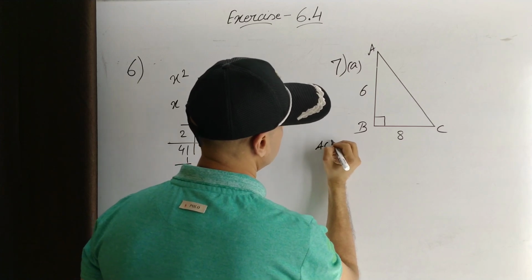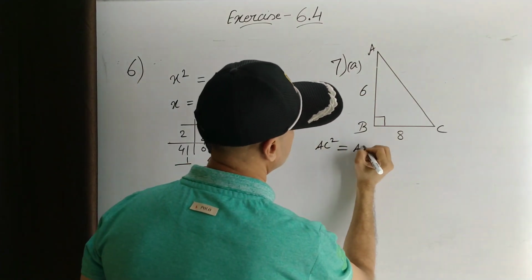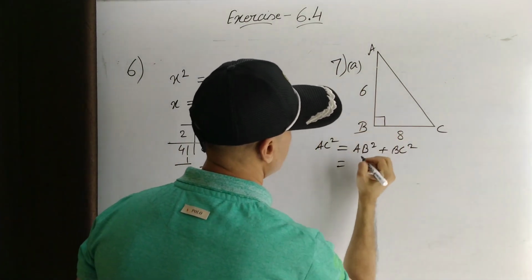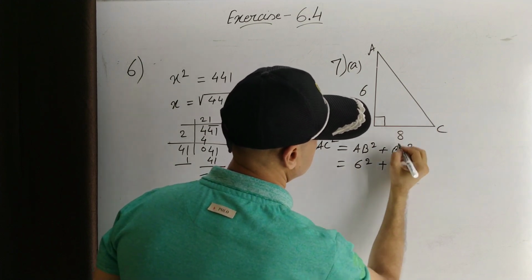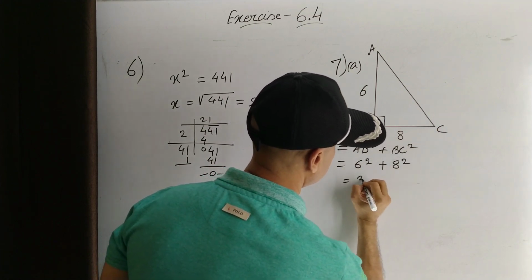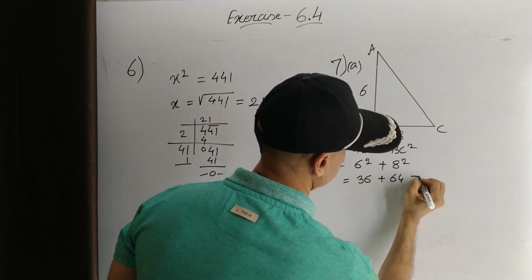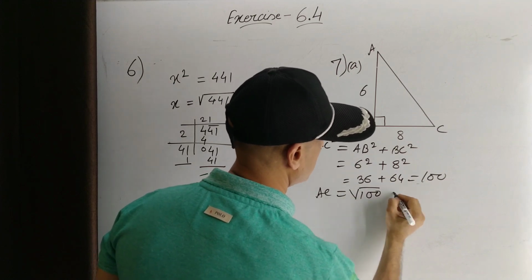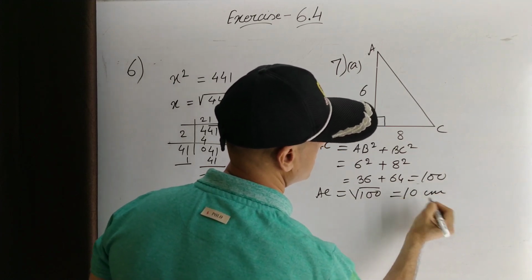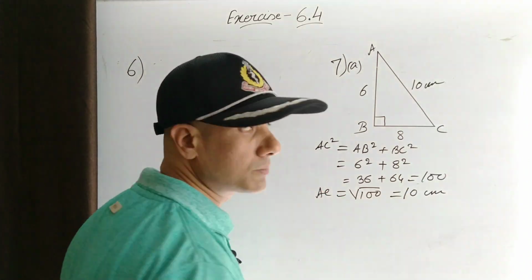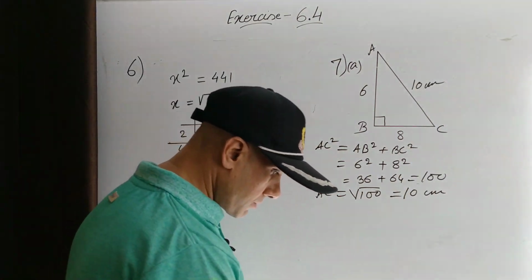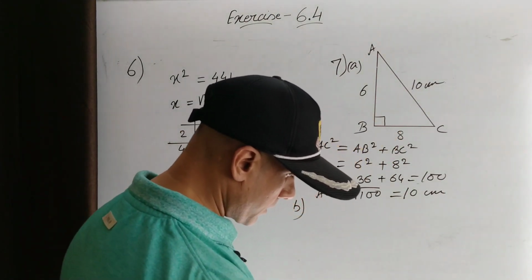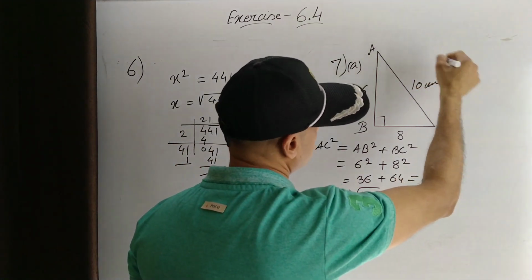In this form, AC square is equal to AB square plus BC square. So we have the value of AB as 6, so this will be 6 square, plus this is 8, so this will be 8 square. We'll have 36 plus 64 is equal to 100. So AC will be equal to under root of 100, that equals 10 centimeters. So this will be 10 centimeters. Clear? Now the second part, so 7b, it is stated that if AC is 13 centimeters,